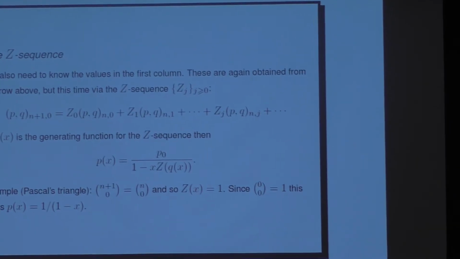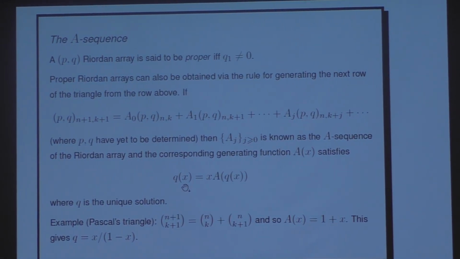Okay, if you have a matrix which is a Riordan array, then it must have an A sequence. And if it has an A sequence, then